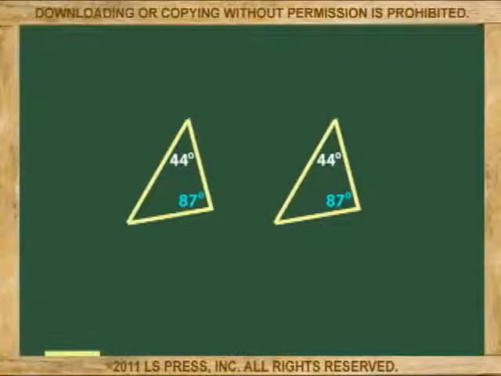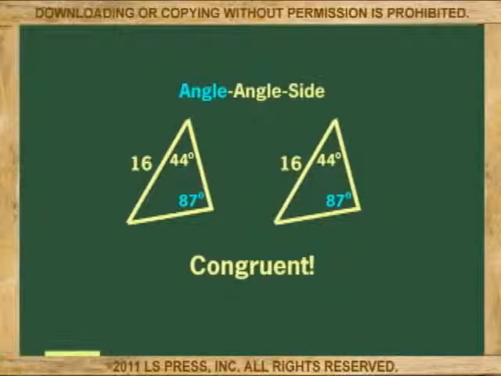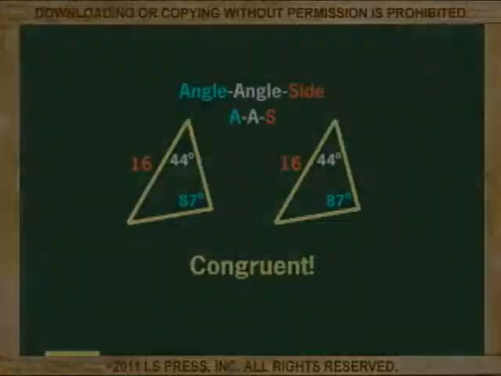4. If we determine that two pairs of corresponding angles are equal, and that any side to the side of any of the two angles, or the non-included side, are also equal, we can say that the triangles are congruent, without considering the other side or angle. This congruency is called angle-angle-side, or AAS for short.